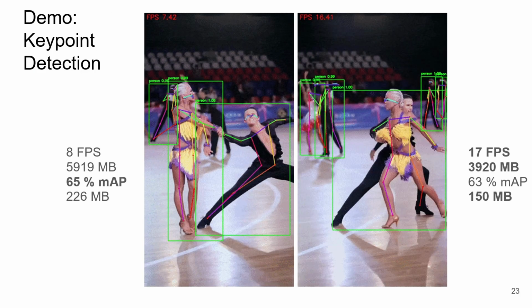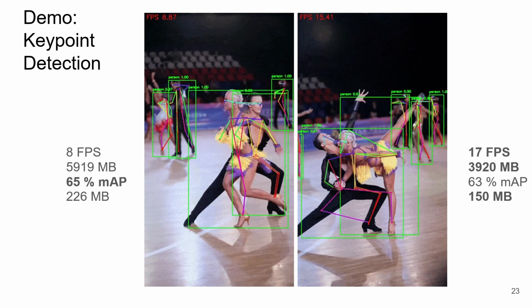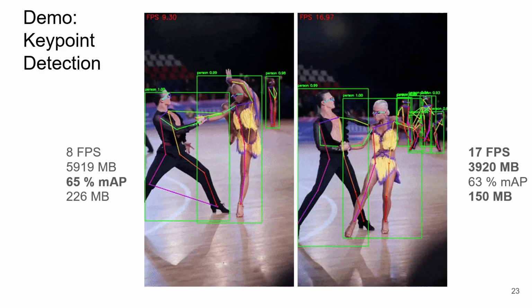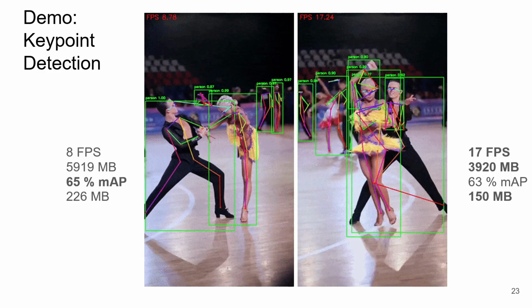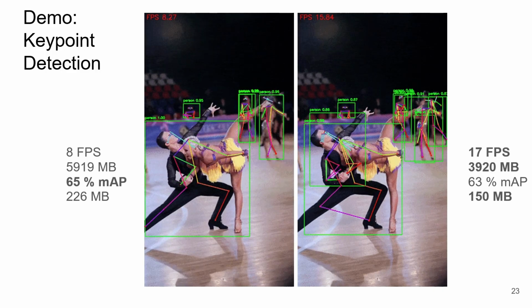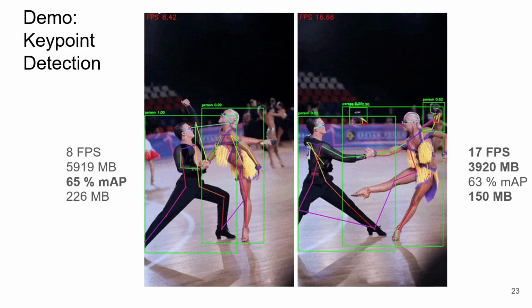Next, we show results for human keypoint detection. All performance evaluations were conducted on a GTX 3060 GPU, demonstrating CoDeC's real-world applicability. These results highlight CoDeC's potential for enhancing neural network efficiency in demanding tasks like object detection, instance segmentation, and keypoint